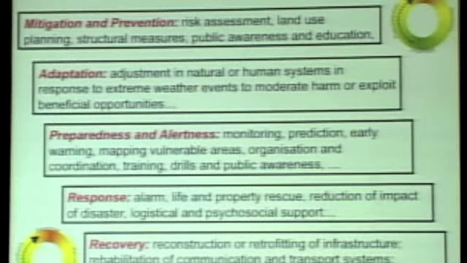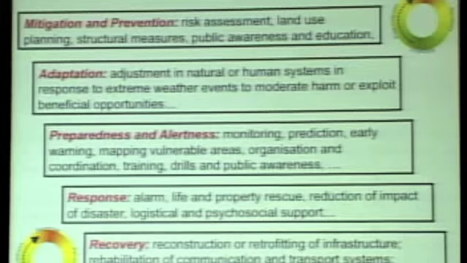Now, just to give you some examples, going back to the major phases of disaster risk management, mitigation and prevention is to conduct, say, risk assessment, land use and spatial planning, structural measures, ecological measures, public awareness and education. Adaptation is the adjustment of natural and human systems to be able to moderate harm or exploit the beneficial opportunities of some disasters. Like, for example, when we talk about flora and fauna or biodiversity, perhaps we want floods. We want a moderate disaster to that effect, because we want wetlands to be around for this flora and